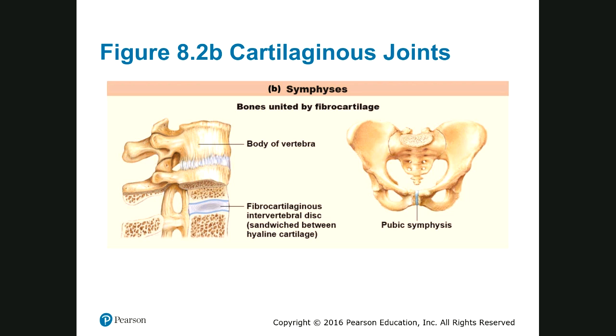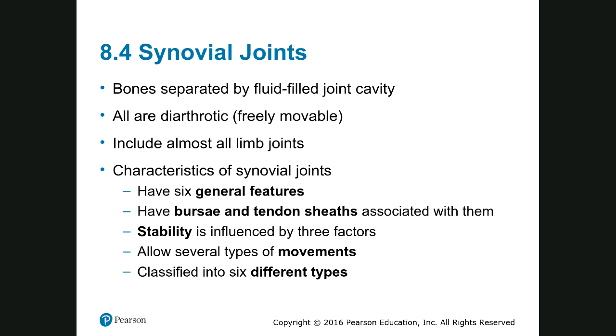And basically, we can say here that these are immovable because there's just not much movement going on unless childbirth or something like that is occurring. Now, synovial joints, these are the most complicated joints in the body, and they are the most prevalent joints in the body. So almost all of our limb joints,